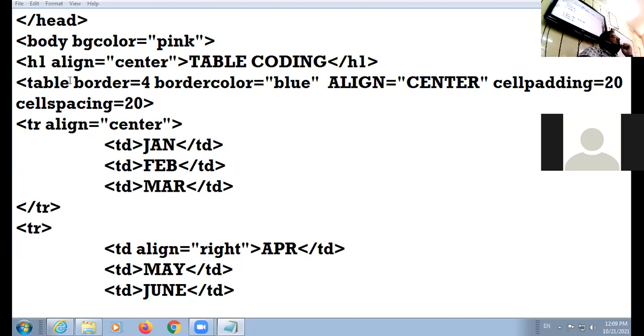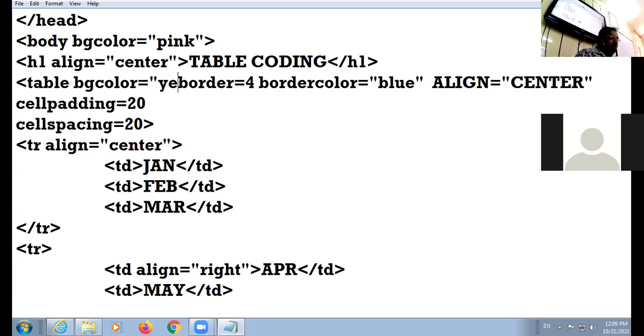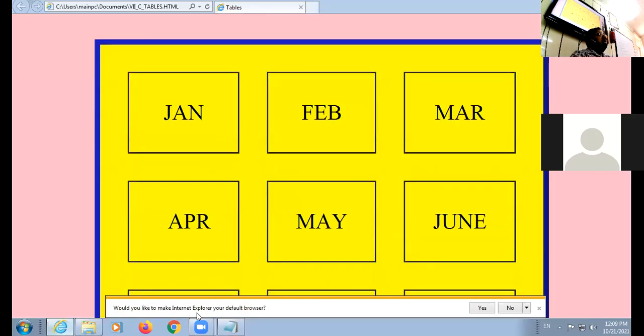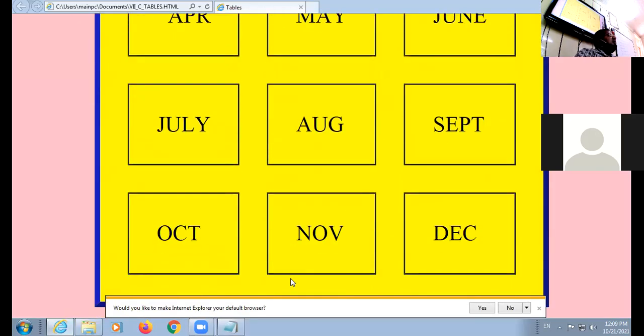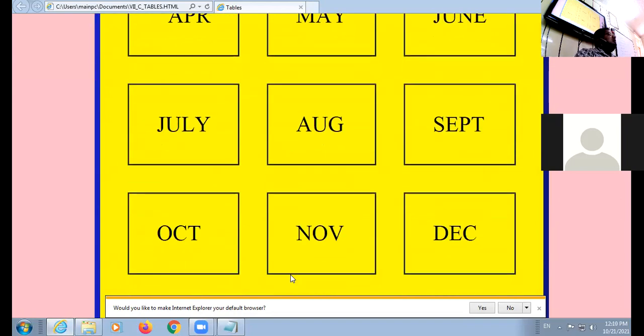Which attribute will specify the background color of the table? वो border का color है. मैं टेबल का बैकग्राउंड पूछ रहा हूं। यस, बीजी कलर ओनली। बीजी कलर इक्वल टू येलो। अब देखना क्या होता है। Check it. Background color of the body is pink and the background color of table is yellow. So BG color is attribute of table tag also and body tag also.